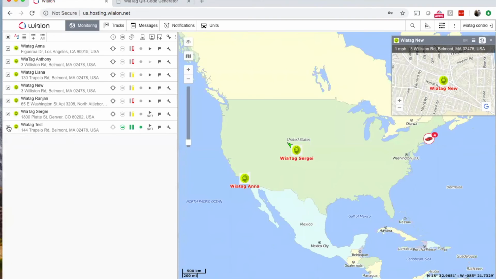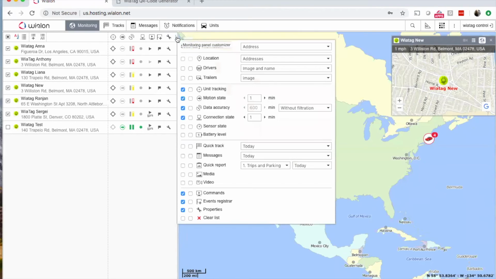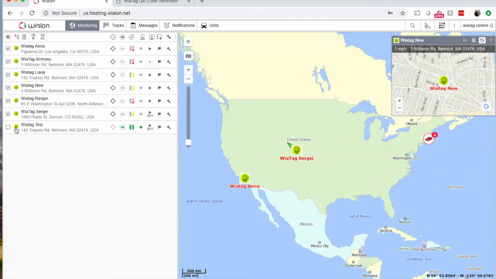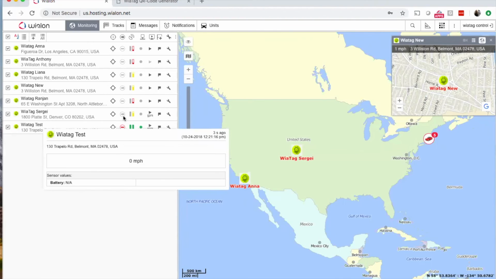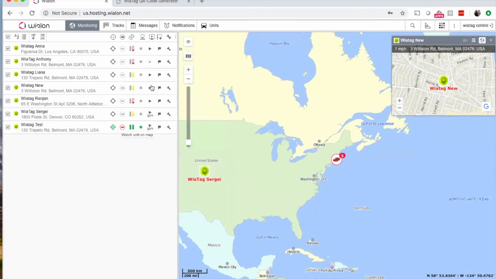So you still need to control the very first time activation of the service, manually get the smartphone of your employee or child and manually turn it on. But then everything else can be done remotely. So you see this unit, it goes online, right? And then you can watch it on the map, just clicking this button,